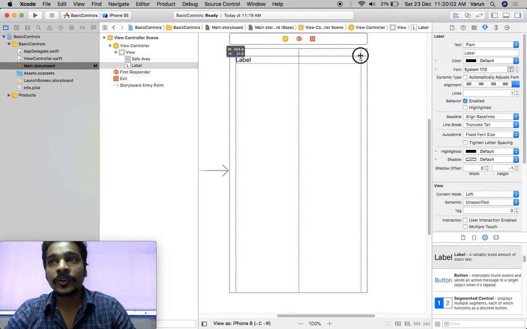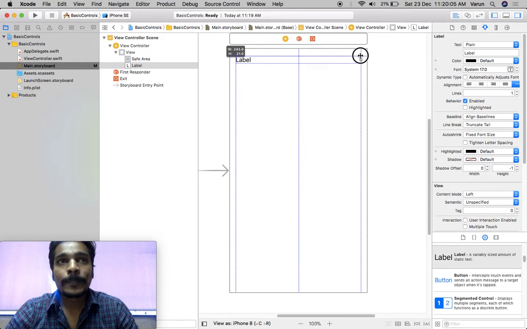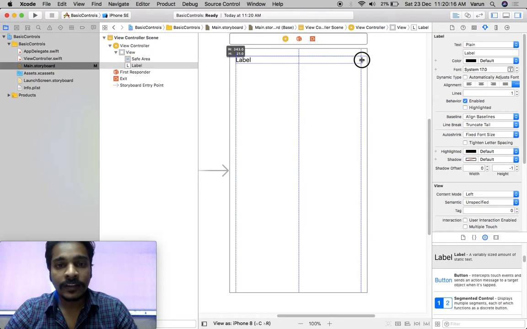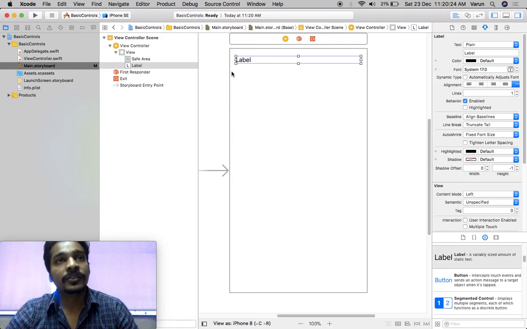which is horizontally center. Got it? Horizontally center. And those lines over here at the leading edge and trailing edge, so those guidelines are showing that a 16 pixel margin should be there and 16 pixel margin at the trailing edge, right? So we'll use this. So see, you can also change the position and height width of this label by using this,